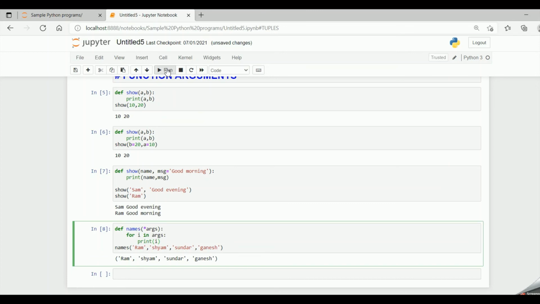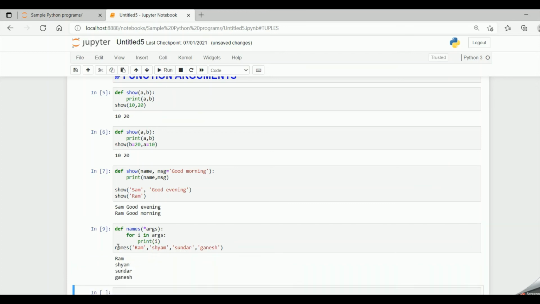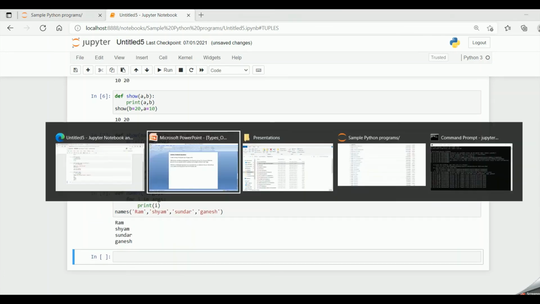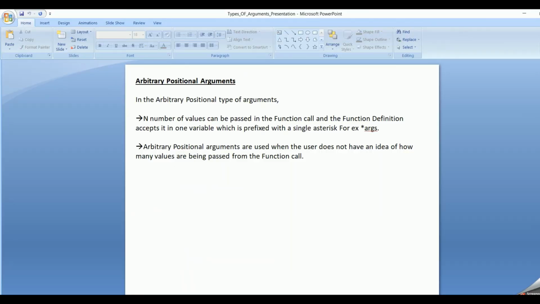So in this case it will print in individual lines: Ram, Shyam, Sundar and then Ganesh. So this is how the fourth type of argument, that is arbitrary positional arguments, works in Python.